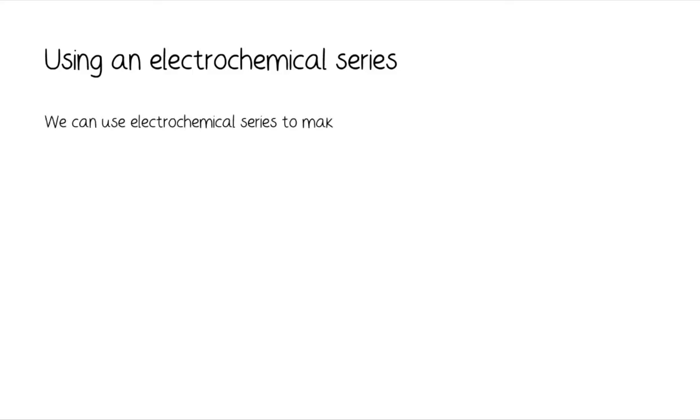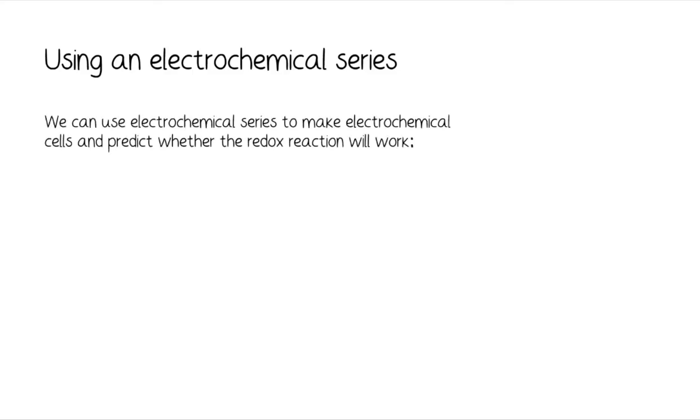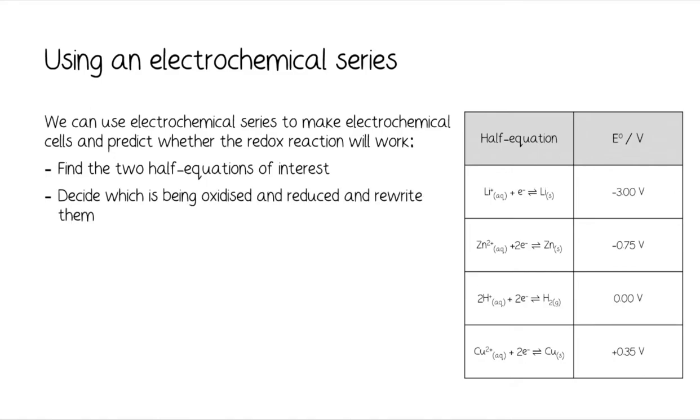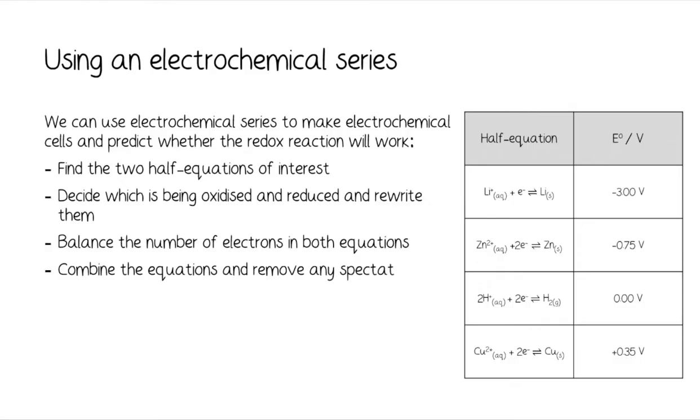So let's talk about using an electrochemical series. We can use the electrochemical series to make electrochemical cells and predict whether the reaction will happen or not. So here's an example of the electrochemical series from before. Whenever we're doing this, first of all, we need to find the actual half equations we want to test. We need to decide which one's being oxidized and which one's being reduced. So again, more negative is oxidized, more positive is reduced. We balance the number of electrons in both equations,